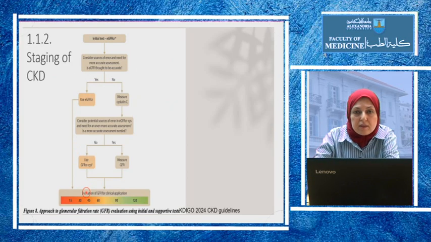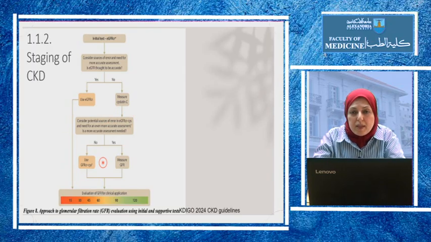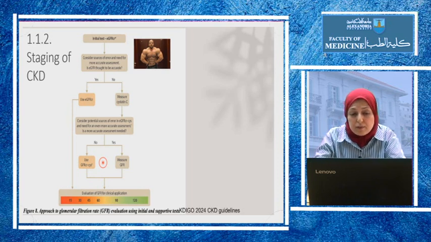So staging, as we said, is classically by the GFR, the estimated GFR based on creatinine, but actually there is a growing role for cystatin C, which is another marker that can be combined. There are some pitfalls for creatinine, some pitfalls for cystatin C, and they found that the best is to use them together. So maybe we can use it once in the beginning, and maybe then follow up the patients after that by only creatinine, but it's recommended that we use it. When is cystatin C more reflective of the kidney function?